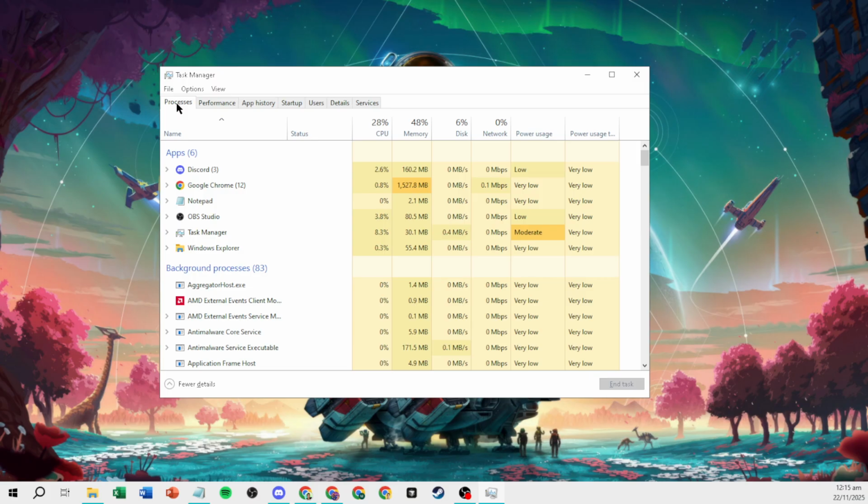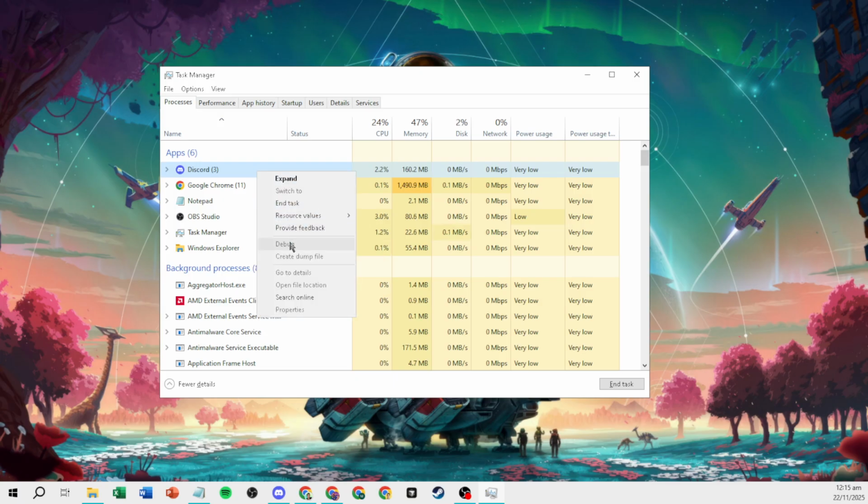Next, navigate over to the Processes tab at the top. Here, you'll need to hunt down any Discord processes that might be running. Once you spot them, click on them, and then go ahead and end those tasks. This helps ensure that Discord isn't currently using any resources, which is crucial for the next few steps.